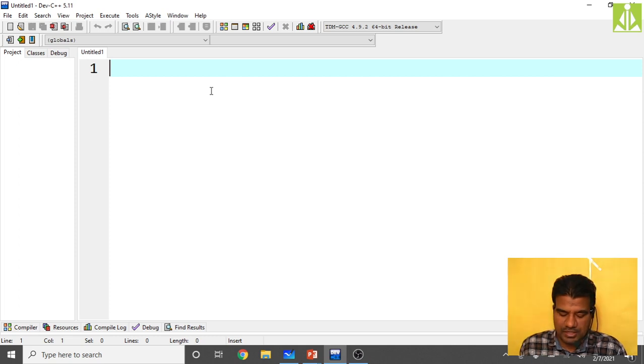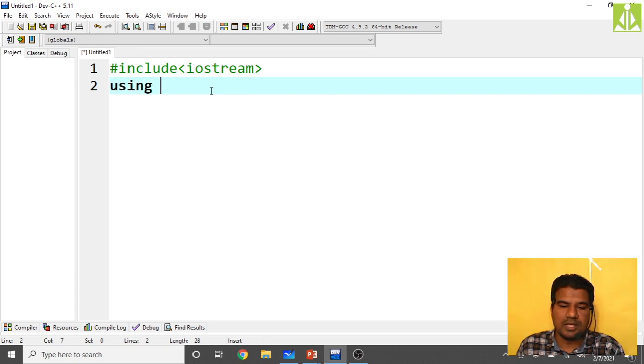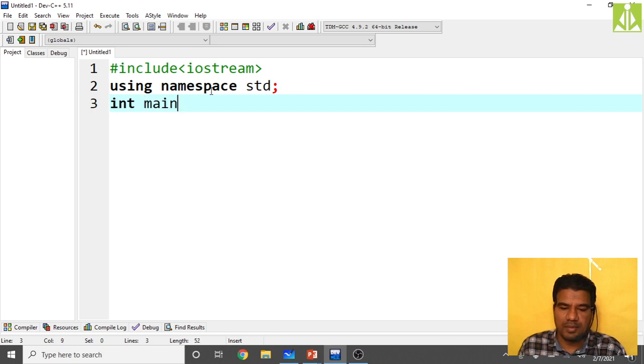We are doing the implementation. So hash include iostream, then using namespace std, int main of void.